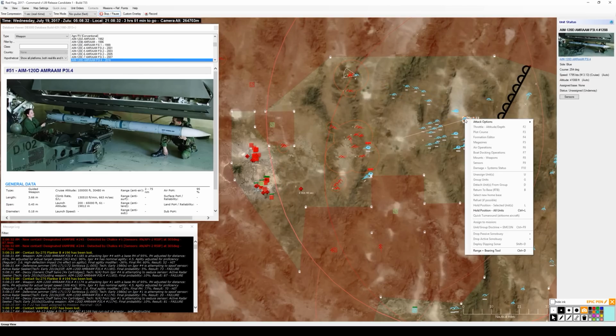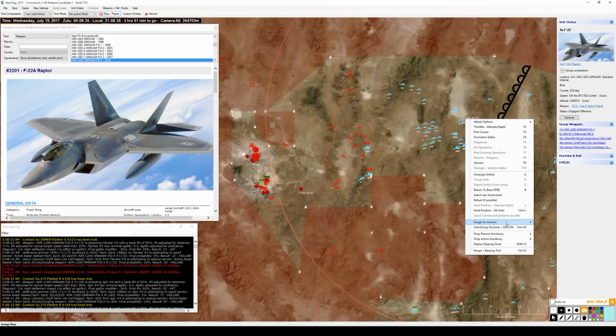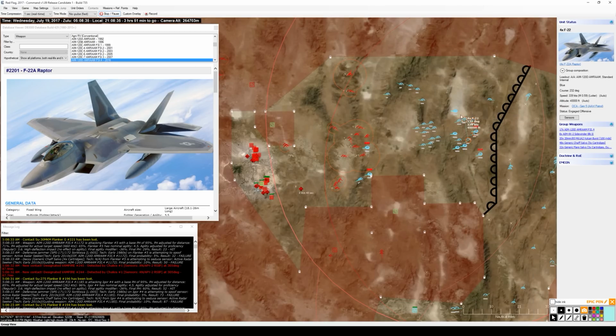Okay, that's as far in as I want to push these guys. Let me go ahead and just kind of... Well, okay, there they go. They're firing some more M120s. But yeah, before they get too fully committed, let me pull them back to the Marshall point and have them